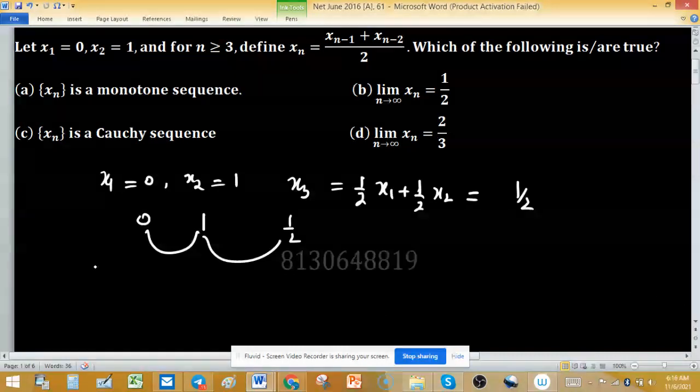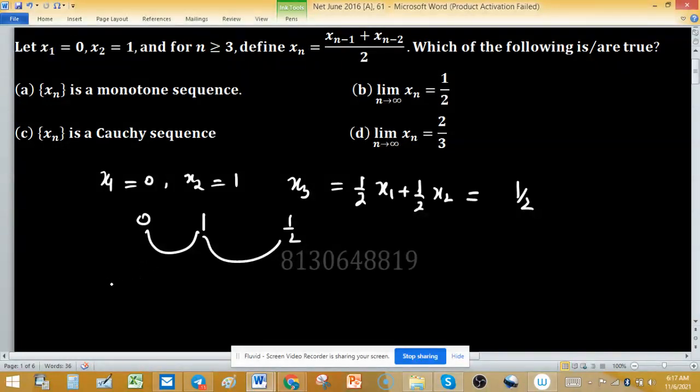Now try to find out the solution. So first option is already discarded, and check option B and D. If one of them is true, then other will be false. If limit of the sequence exists, it means a sequence is convergent, and if sequence is convergent, then it's Cauchy. So there will be at least two options correct if sequence is convergent. Now to check options B, C and D, we can easily find the few terms of the sequence to predict the